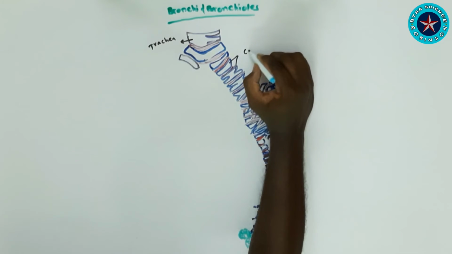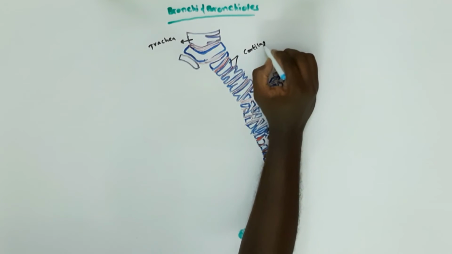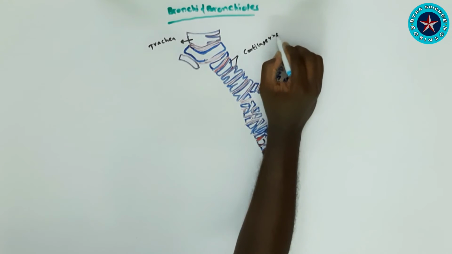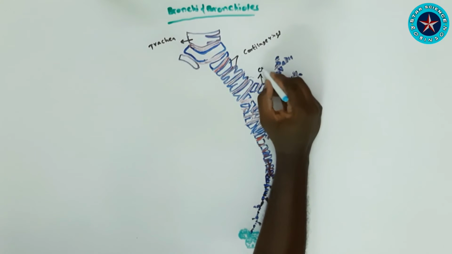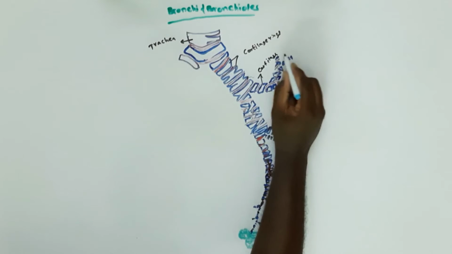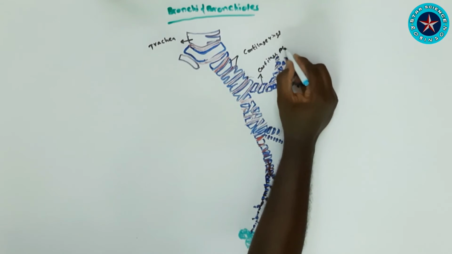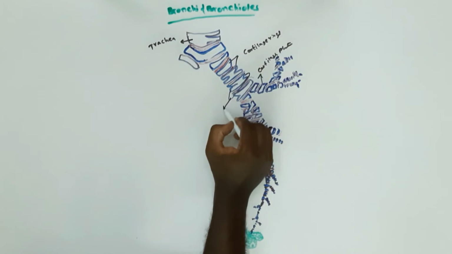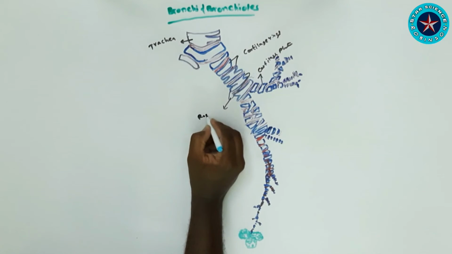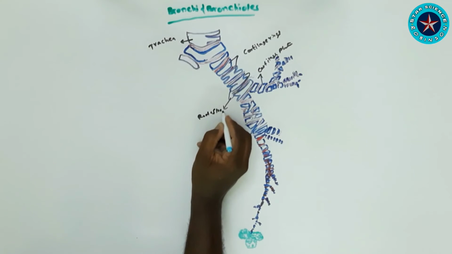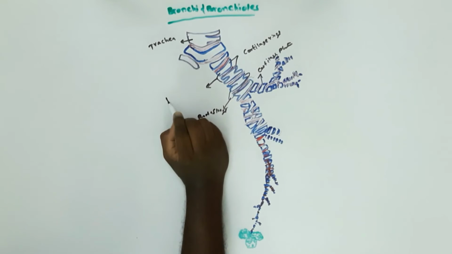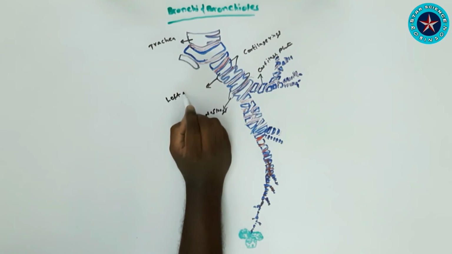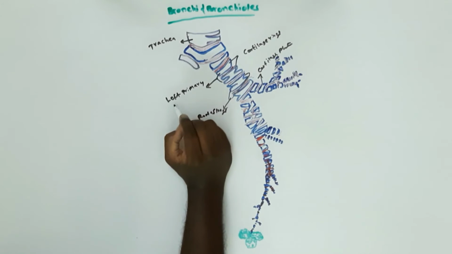The trachea lies above the fifth thoracic vertebra and below it are the bronchi. The bronchi are made up of cartilaginous rings, and here we can see the cartilaginous plate. In the trachea it is a C-shaped cartilaginous ring, and here it is fully formed cartilage. This is the root of the lung. It contains the bronchus, pulmonary arteries, two pulmonary veins, bronchial vessels, pulmonary plexuses, nerves, and lymphatic vessels.